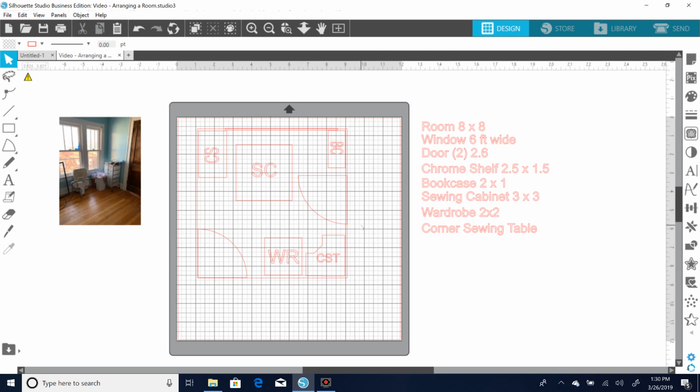You could also cut these pieces out for a child's room. You could sketch out your room, cut these little pieces out. You could have a piece for a bed, a piece for the dresser, a vanity if they had one, a toy box, and you could let your child sit and help rearrange their room and make them feel like they're a part of it and have them interacting with the redecorating of their room. You could do this for a kitchen. You could even